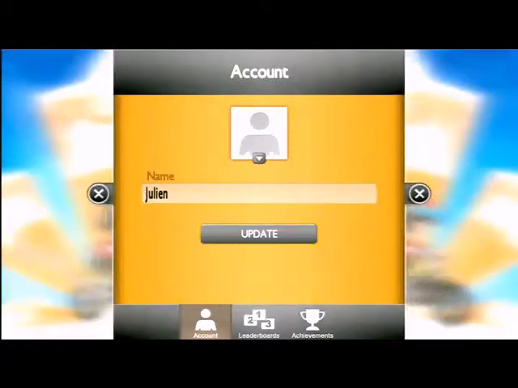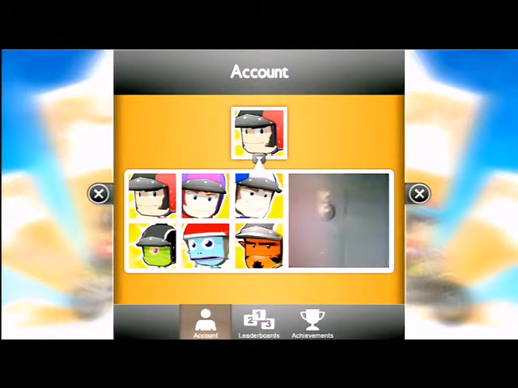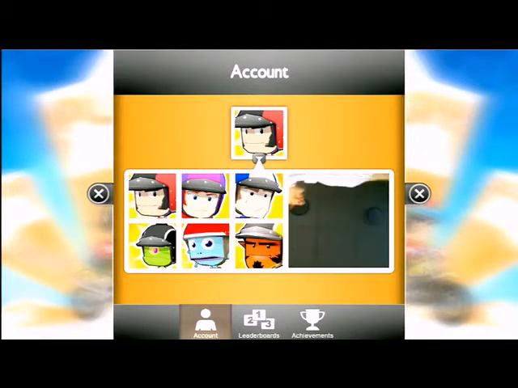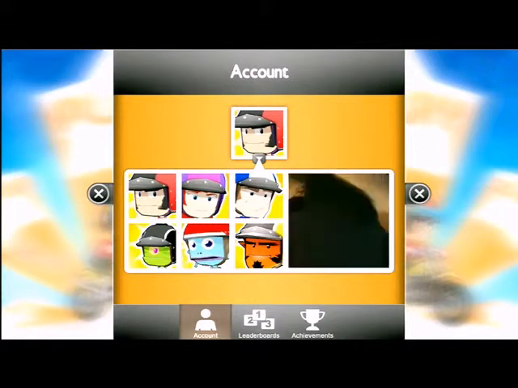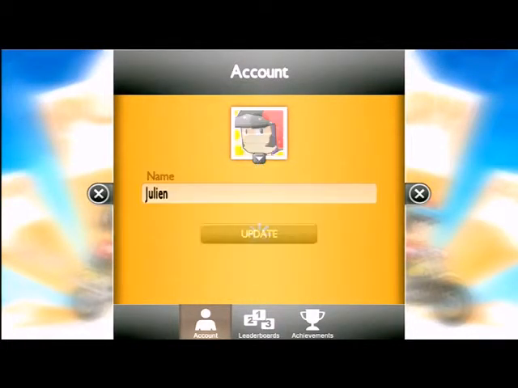The Scoreloop integration here stands out by the profile picture. If you looked at the Games app before, you saw that I had that custom profile picture, and I got it from that game. That's basically potential for cross promotions, because your friends are going to wonder where you got that cool icon. And the way it works is here. You just tap the profile icon, and this is using Scoreloop APIs to upload a new profile picture to your Scoreloop-wide profile. So this will be your new profile picture in the Games app, in any other game that uses a profile picture. You can just change it by tapping, and that's my new picture.